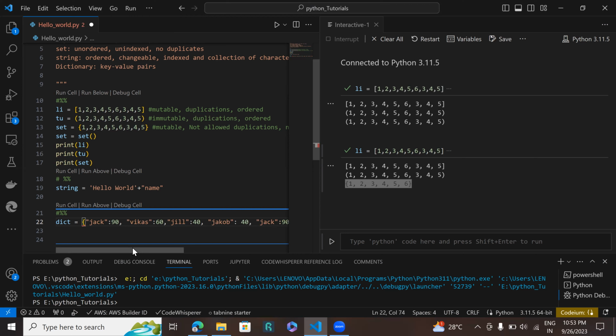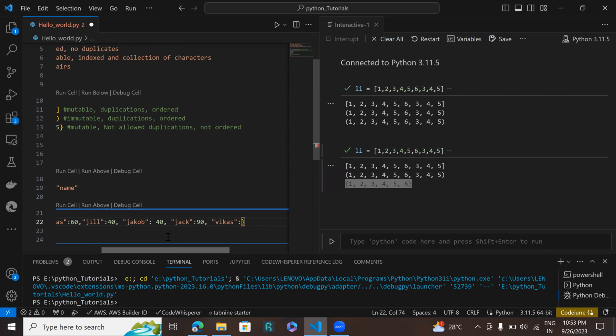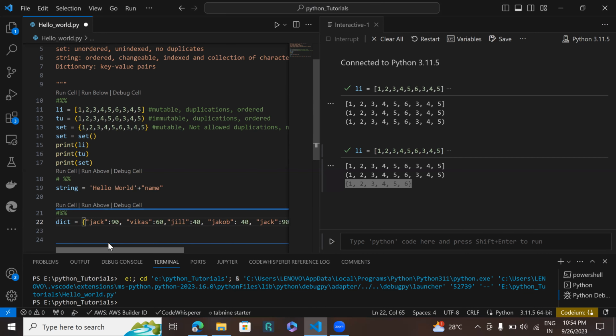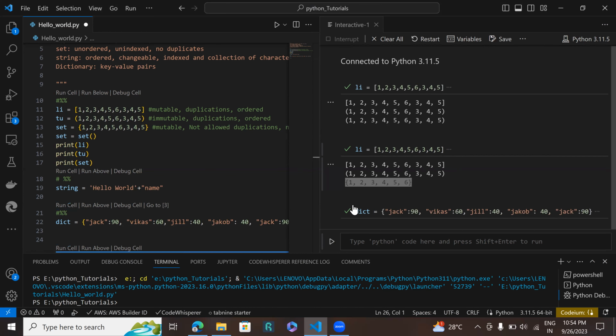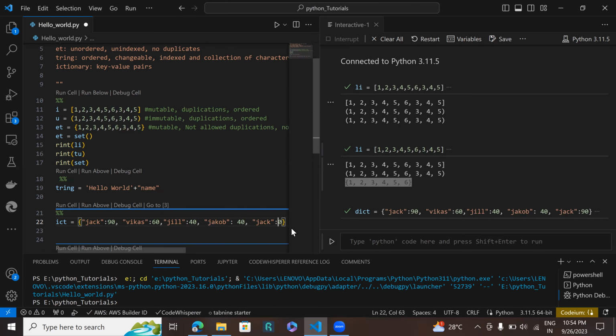So it will actually throw an error saying that there are duplicates present in our dictionary. So if I close this one, we have a duplicate key present inside this that will actually be removed, and it will use the last object present there. So if you see here, Jack is twice, but 60. And I will print dict